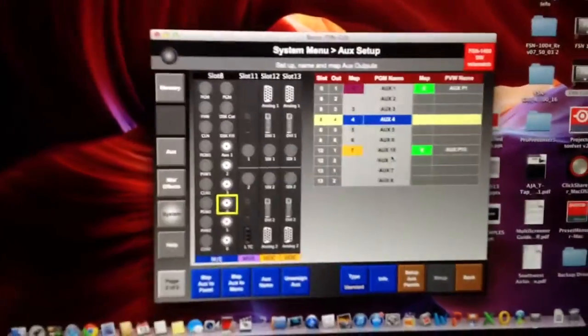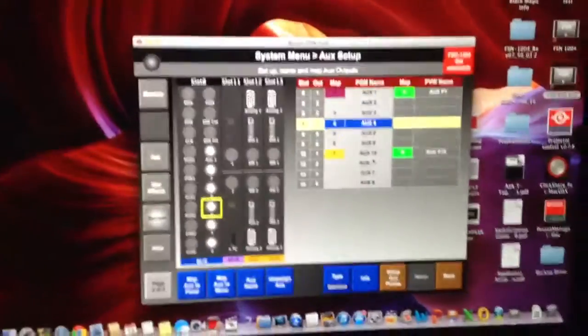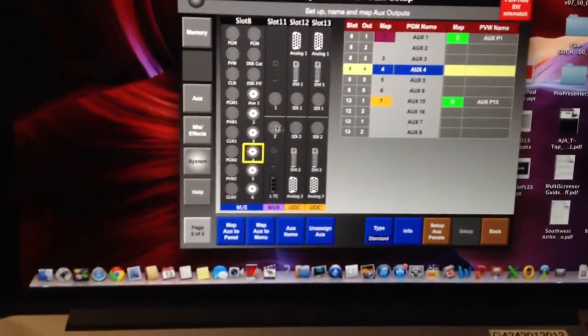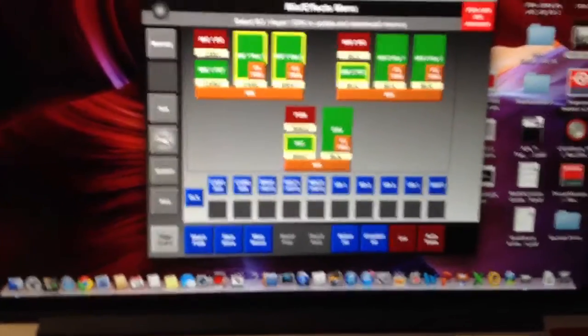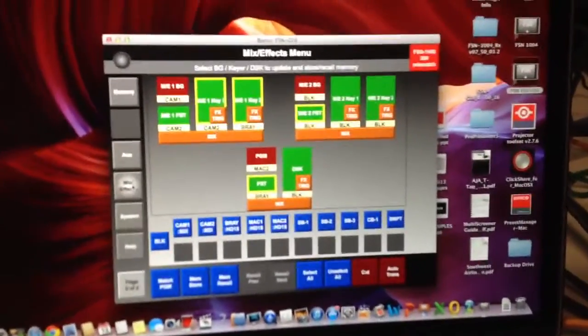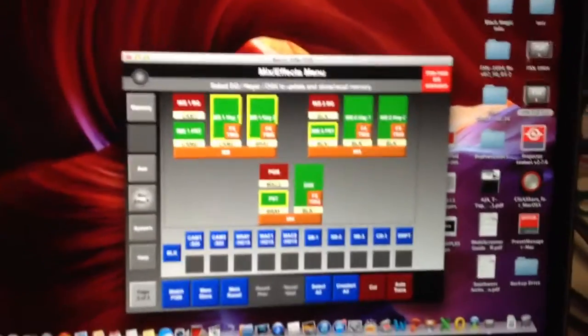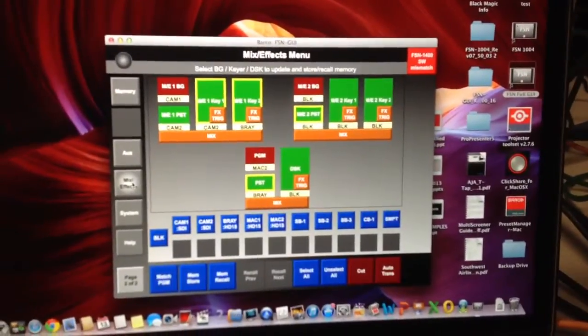So it looks like the backup took, and now we have a choice of running this FSN console or frame from either the console or the FSN GUI on our Mac. This is a great way to either have an online backup of your console, or to run the show from your Mac and lose the console, or whatever you want to do. So there you go. That's how you